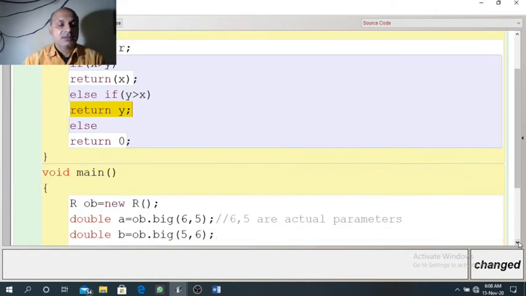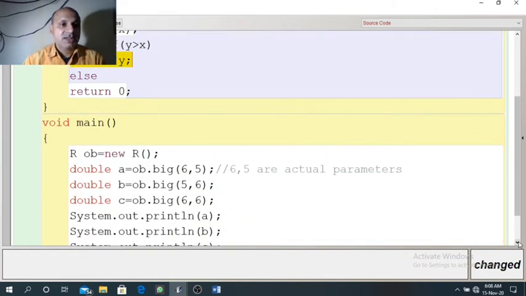So this value will be sent from here and received in the second statement here. Again, the larger of 5 and 6 is 6, which is returned by the function big. So B will store 6.